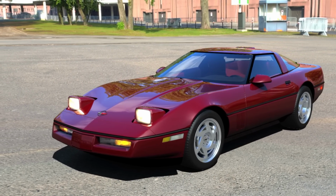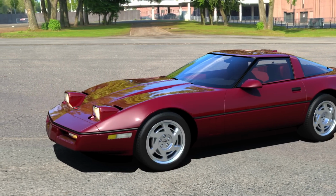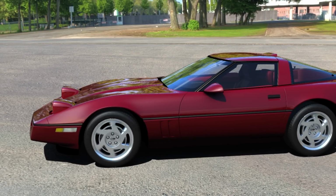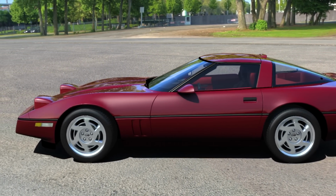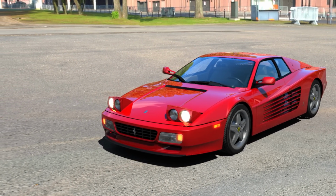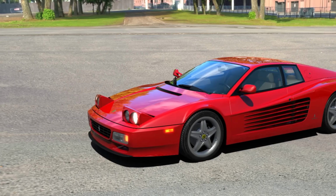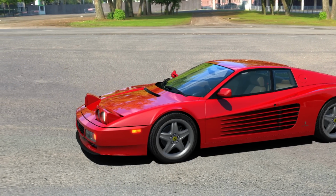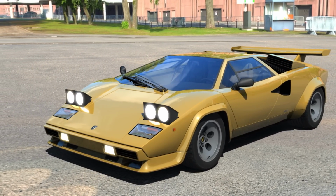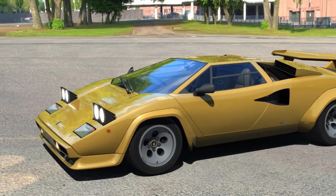Right, so we have the Chevrolet Corvette C4 ZR1. This is from 1990. It's 405 horsepower, 522 Newton meters of torque, and comes in at 1,503 kilos. So here we have the Ferrari 512 Testarossa. It's from 1994, 425 horsepower, 491 Newton meters of torque, and comes in at 1,573 kilos. So here we have the Lamborghini Countach. Now this is from 1983. It's got 442 horsepower, 500 Newton meters of torque, and comes in at